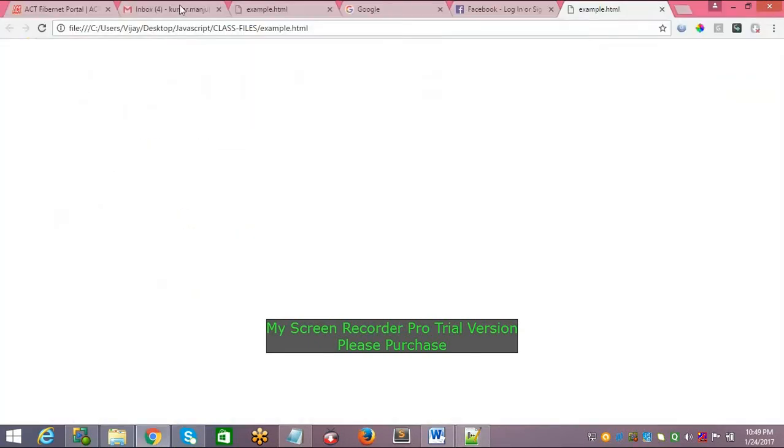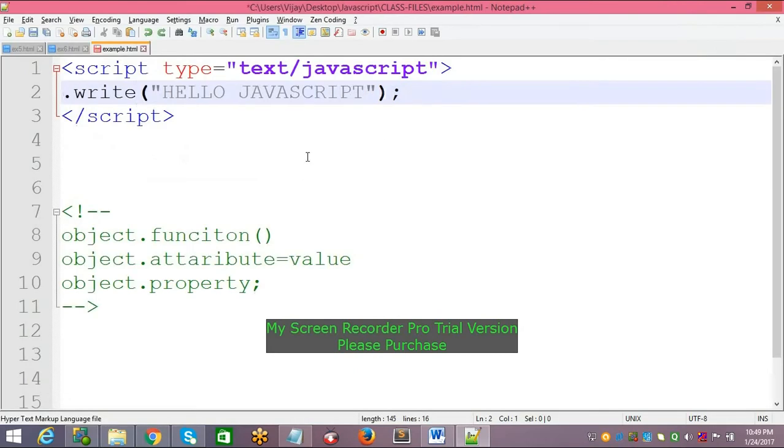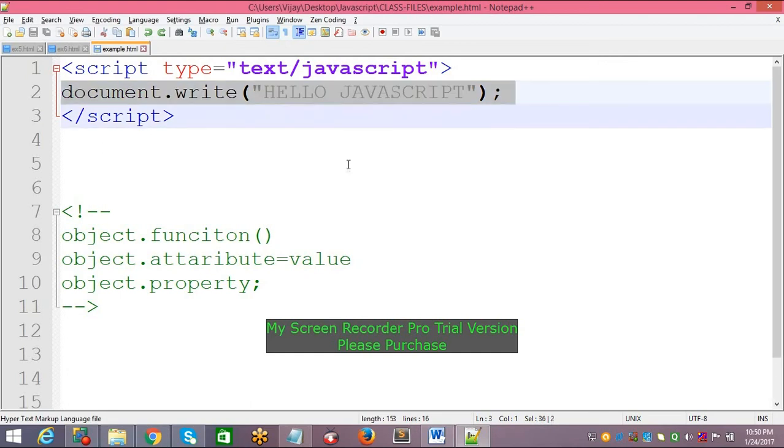The window object is nothing but the body. Where you want to display the result is decided by using the document object. So every JavaScript input statement we should print using the statement called document.write.